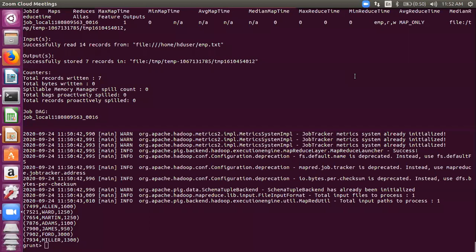I'm asking this question in Pig, not in SQL, right? 10 more seconds for you. 5 seconds. Going to end it now. Sharing the results with you now.